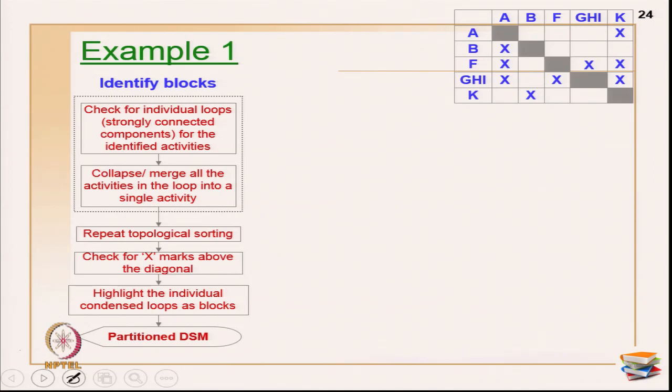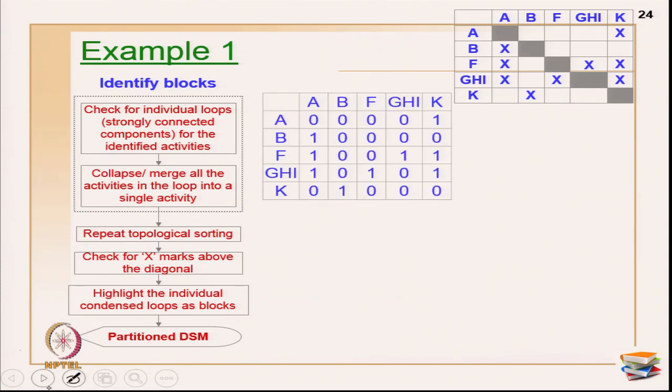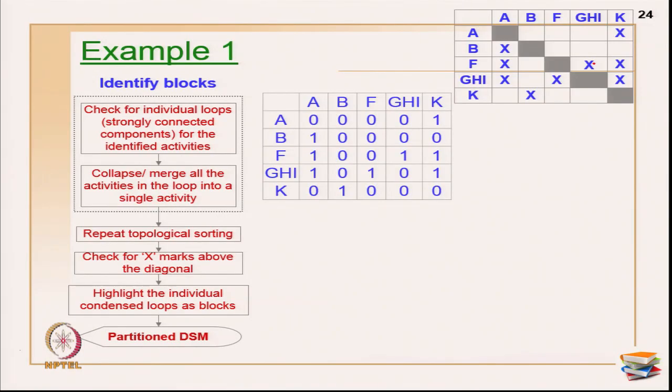The same example as shown in the previous slide, I have taken it up here. Now, what you have to do, there are X marks above the diagonal, and what about topological sorting? When you do topological sorting, I do not have empty rows or columns, because you merged a block completely into one. You may also get empty rows and columns now. There may be small blocks within this block also, you have to identify everything. So, that you will identify when you are doing the topological sorting again and again. In this case, nothing happened, because there is no empty rows or columns as seen in the example. Then what you have to do, you have to identify the remaining cycles or loops.